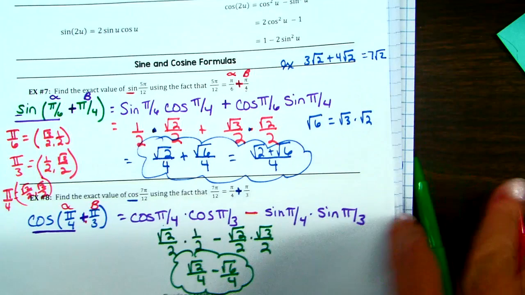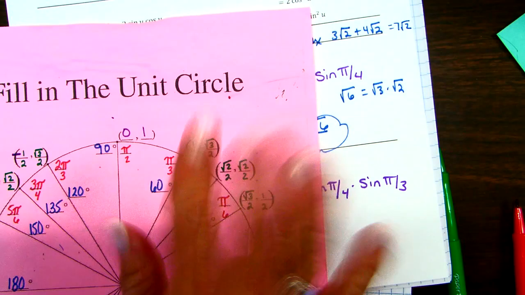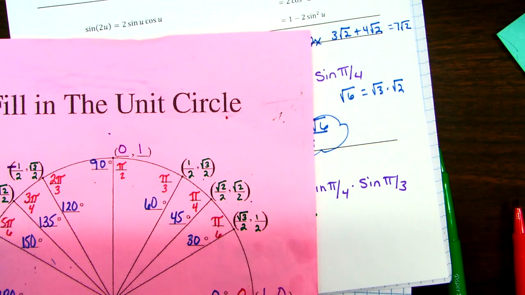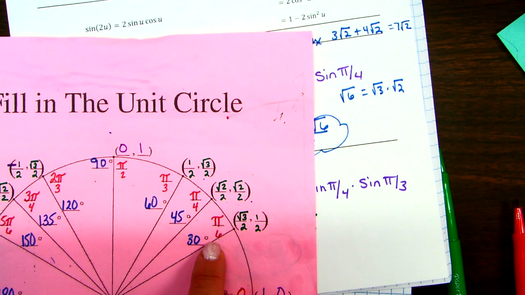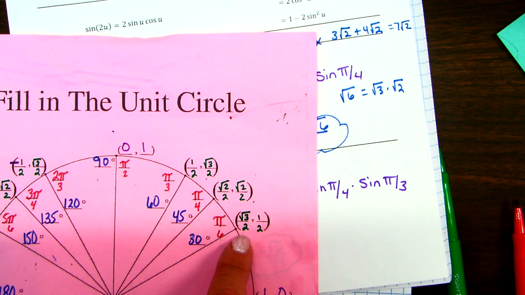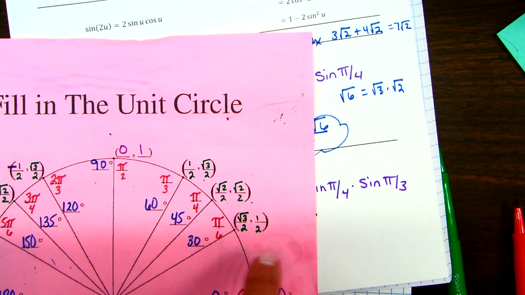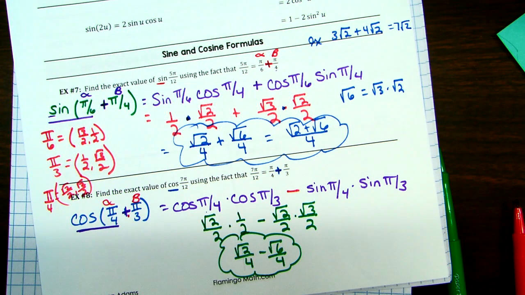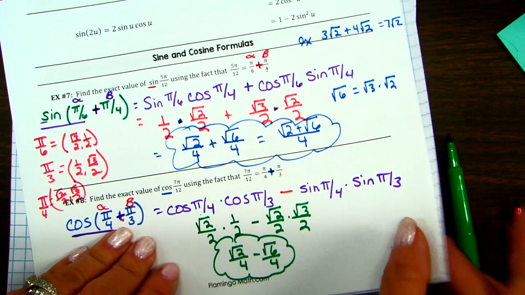But that's the answer. Now, why does it look so weird? Why are these answers like 1/2 or square root of 3 over 2? Well, if I did cosine of pi over 6 in my calculator, I would get this answer, but it'd be a decimal. It wouldn't be exact, okay? If I did sine of pi over 6 in my calculator, I'd get 0.5, which, okay, we can handle that. But when we're talking about exact values, you can't have a non-repeating decimal, an irrational number, which is what you would get if you put this in your calculator, okay? So we just leave it in most simplified but exact form. It looks funny, but that's what it is, okay? Last one